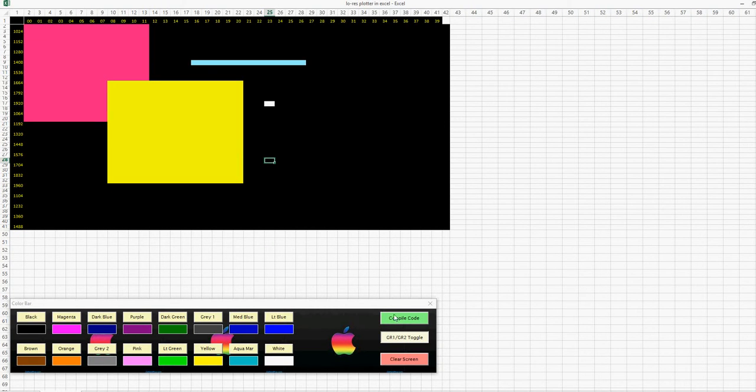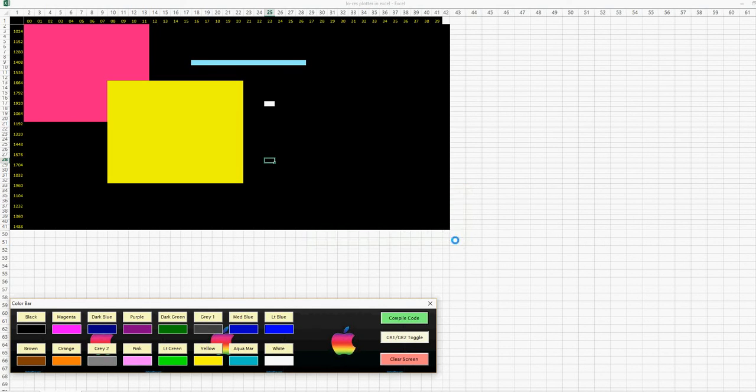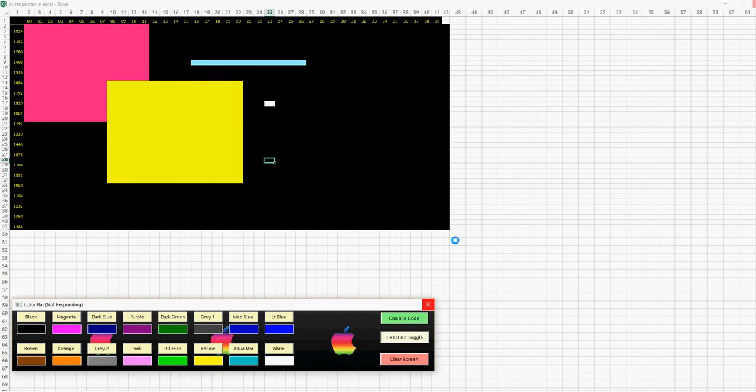Okay, I have a compile code button here, so I'm going to go ahead and choose hexadecimal because I don't have a BASIC program ready to poke in the decimal values into memory. So I'm going to choose no and stick with the default. It's going to think for a minute and eventually open up a window here to show us